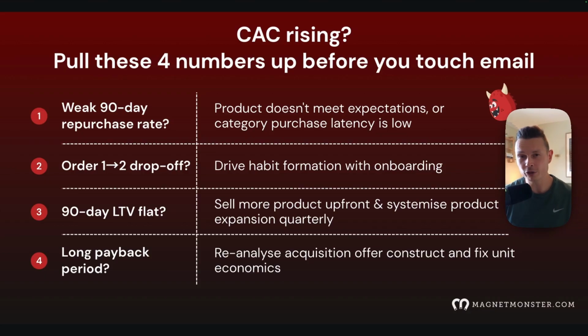So no matter what strategy you do, especially as it pertains to email, you can't meaningfully influence this number, in which case you might need to look at cross-product expansion and expanding your overall assortment so you have more logical upsells and cross-sells to give to customers. If you're selling mattresses, then the obvious one will be bedding, pillows, etc., things that are native to your hero SKU. So that can be a category issue that you need to map out and understand very clearly. And you can do this by looking at what products people actually come back and purchase again after they make the initial purchase of your hero SKU.